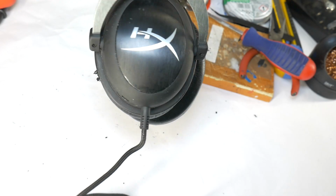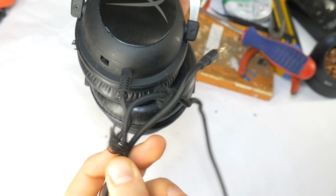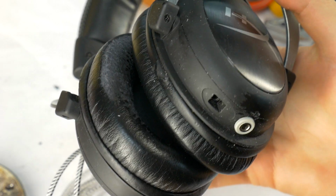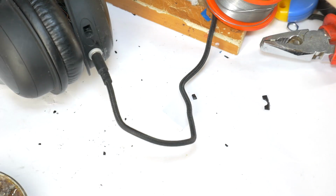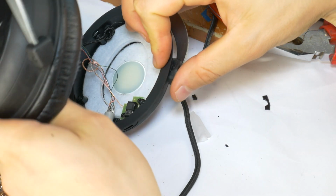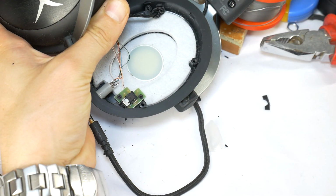Hello! If you would like your HyperX Cloud 1 or Cloud 2 gaming headphones to have a detachable cable, today I will show you how to make that happen easily and affordably at home. This removable cable mod allows you to quickly swap out the audio cable when you need a longer one or replace it easily if the